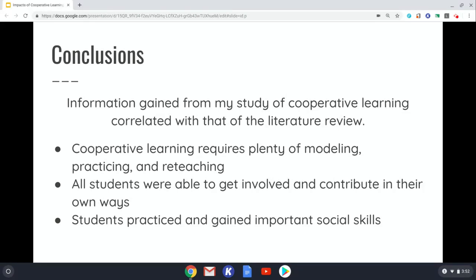All students were able to contribute and use their own strengths in the different structures, which was neat to see. Some students excelled in activities with lots of talking, while others excelled in the structures that involved the marker boards and drawing or writing. It was interesting to see how students differed. Lastly, students gained some integral social skills from using cooperative learning structures, like how to talk, listen, respond, use eye contact, and even argue effectively. I would notice these social skills not only in my classroom, but in the center room, lunchroom, and playground as well.